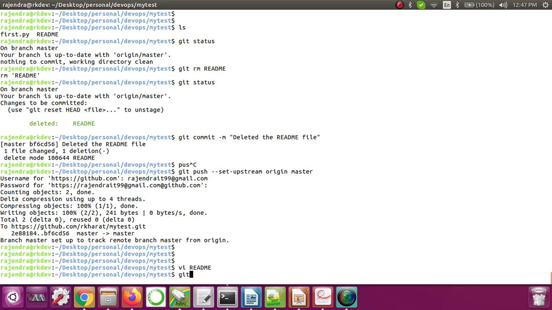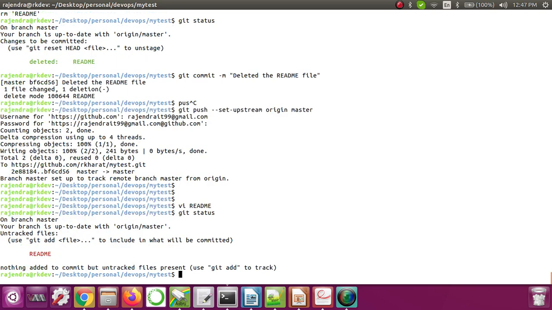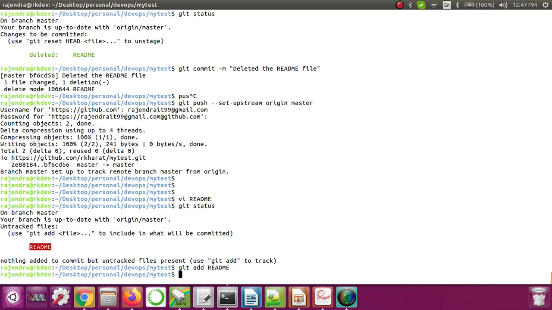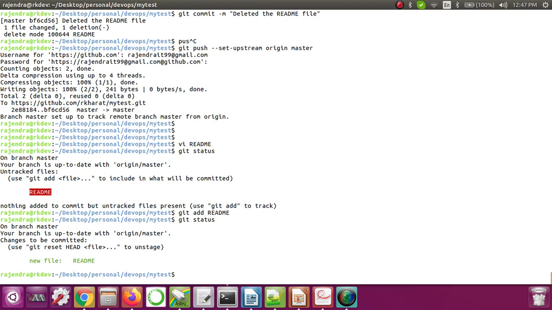Okay, now if I do git status, what it is saying, this file is an extra file. Okay, so how we can add that, we know the add command is there. So git add and readme. Okay, so now the file got added. If you want to see, the color should be green now. With the help of git status we can see the color is green. That means now this file is moved from the local repository to the staging area. Okay, so now it is added into the staging area with the help of the add command.